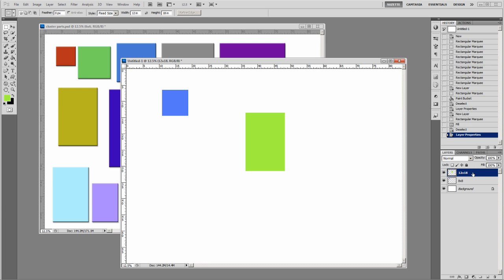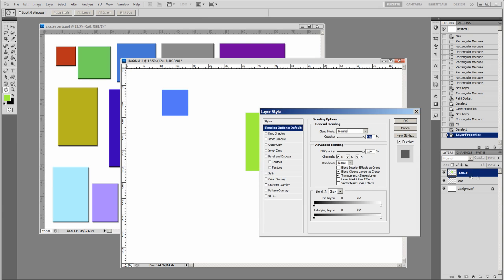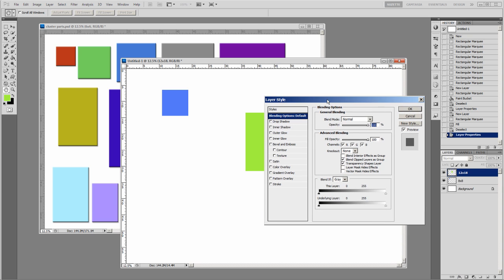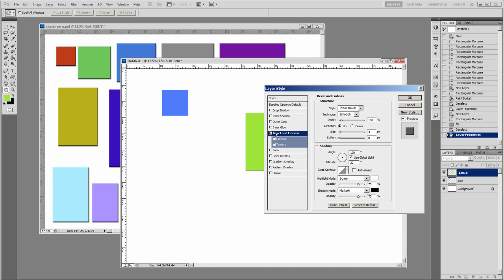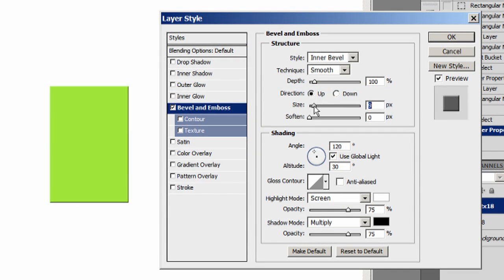So all you do is double click on the layer out here on the blue part, or you can click on the FX button down here at the bottom of the layers palette. And then I came up with a little layer style. I just did a bevel and emboss, and I think my bevel was about 18, so I had a nice